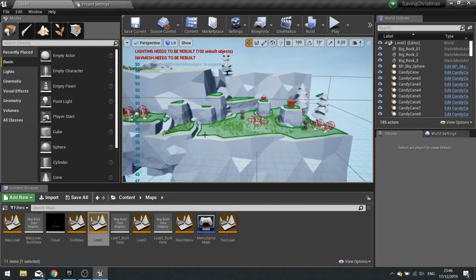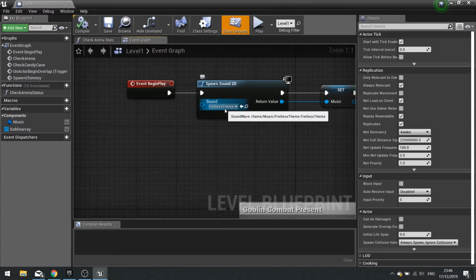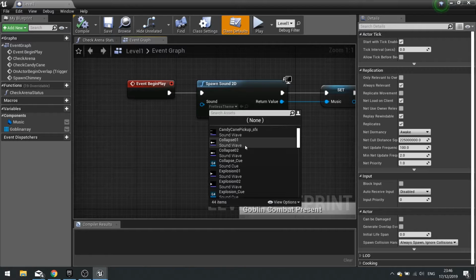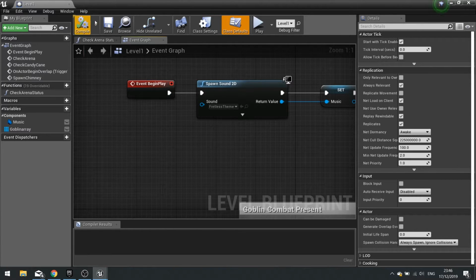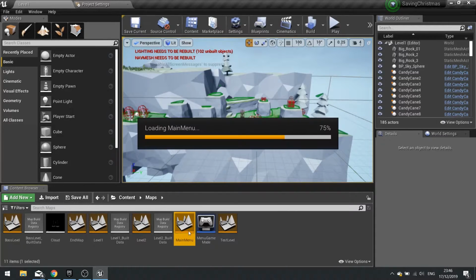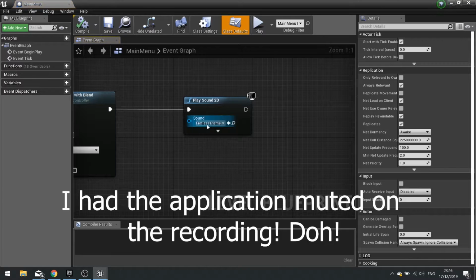So the fretless ends with the main menu. So actually no, we'll leave that as fretless. We've got jingle bells. We'll have jingle bells in main menu, and let's see how that sounds with jingle bells.